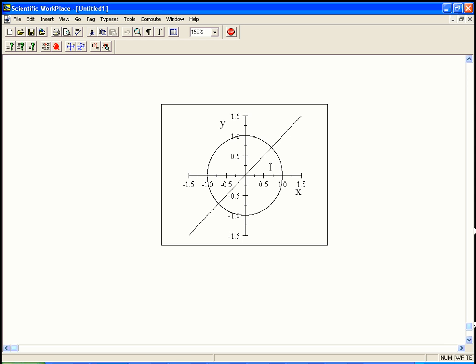And that has slope 1. If I go a certain amount over, I'm going exactly the same amount up. If I go 1 unit over, I go 1 unit up. The slope of that guy is 1. And the slope of a line is the tangent of the angle that line is sitting at. So that's telling us that the tangent